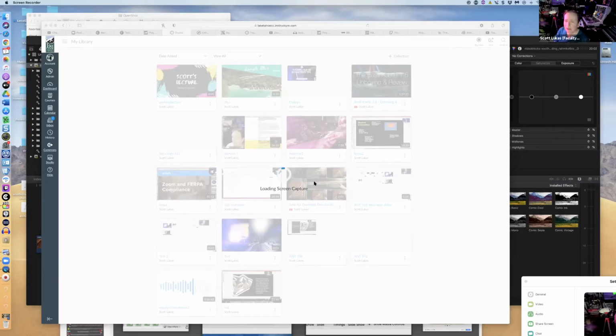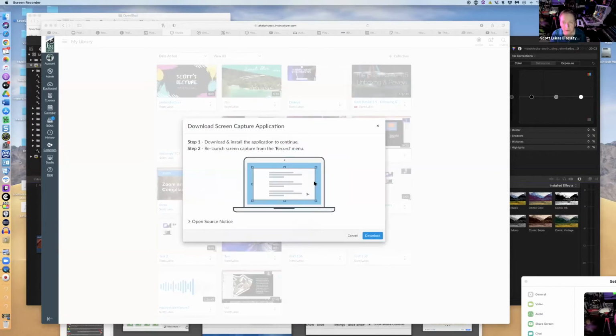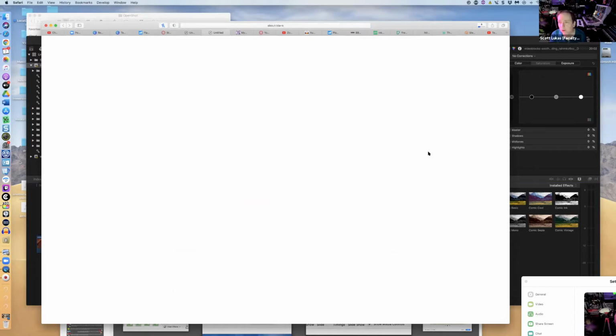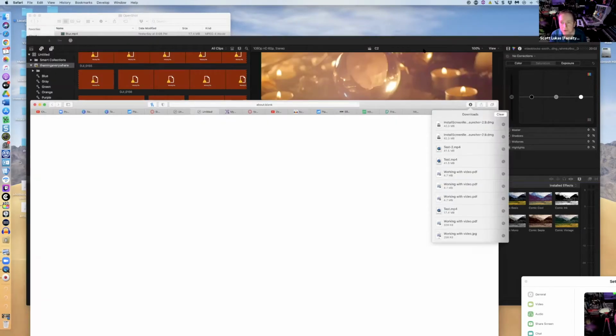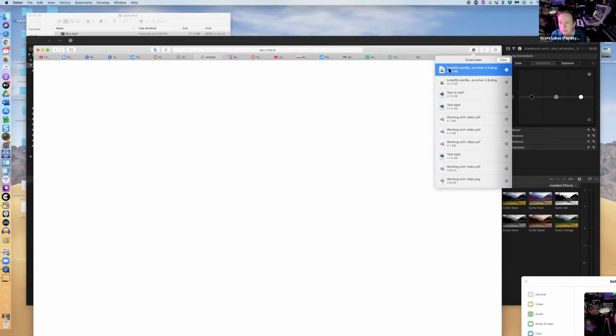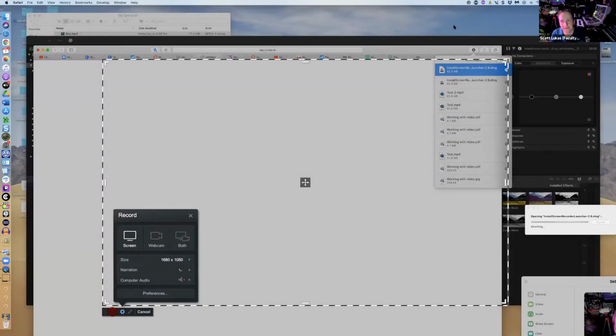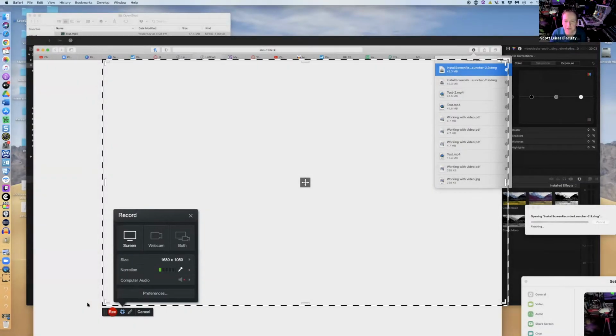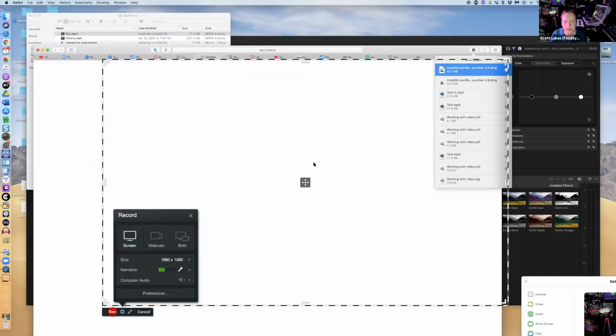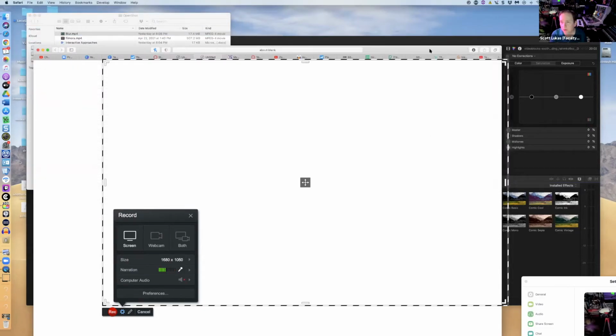This is on a Mac, and again, some of what you're seeing today, whether it's PowerPoint or even the screen capture utility that is kind of not great right now, is happening on a Mac. So it could very well be different on a PC. You're seeing some of the hurdles and challenges. So let me reinstall that. Okay, we're back here. I want to work with a video I've already recorded,